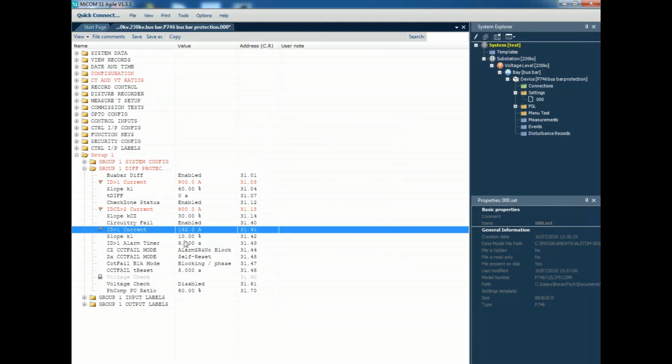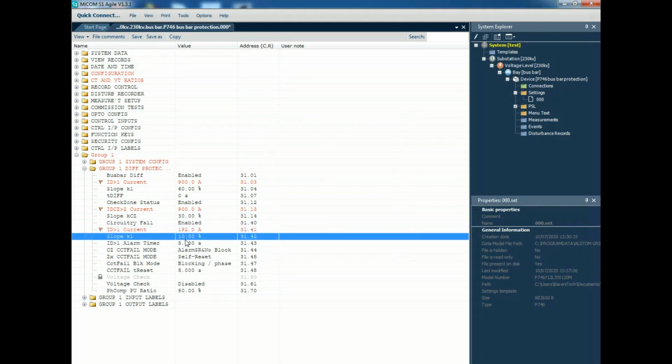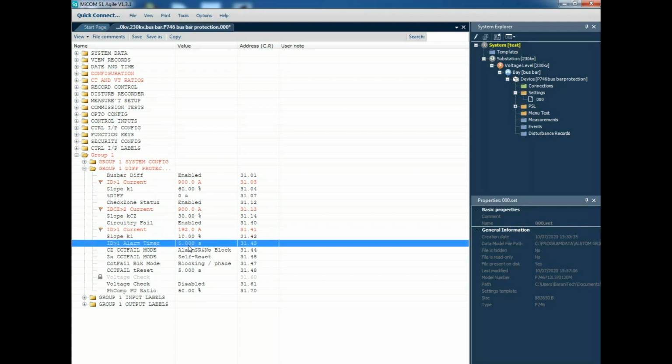If our auxiliary contacts fail or something happens, then the circulatory fault will come into the picture. If you want that setting, we can go for enable, but in our setting sheet it is also given. You have to keep the value as per our setting sheet.